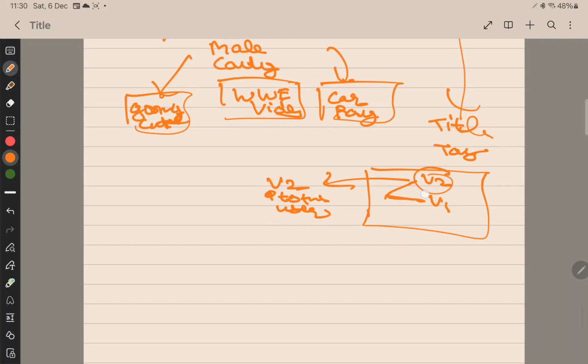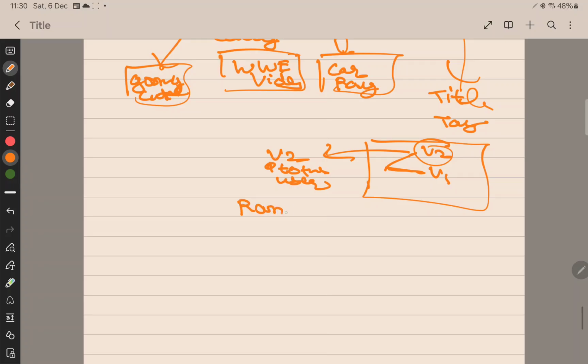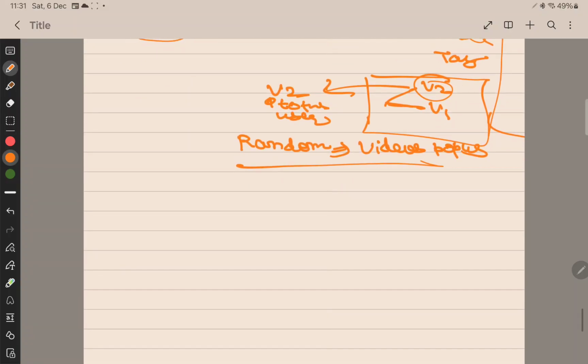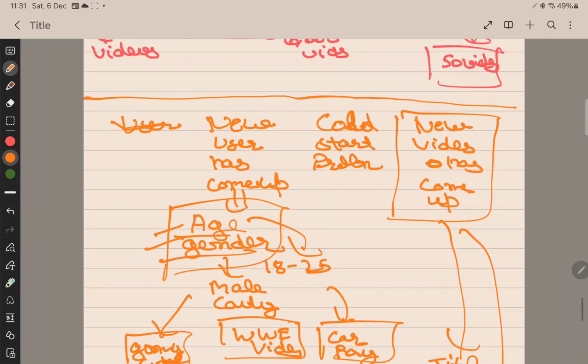Or the second thing is that sometimes, if you see your feed, some random videos pop up. The same thing could be done with new videos as well. So on a different user, we can just show him a completely different video which he has not seen ever, which will eventually help us understand whether the user is even liking this video or not. Okay, so majorly, yes, we are able to solve this problem of the video recommendation system, but